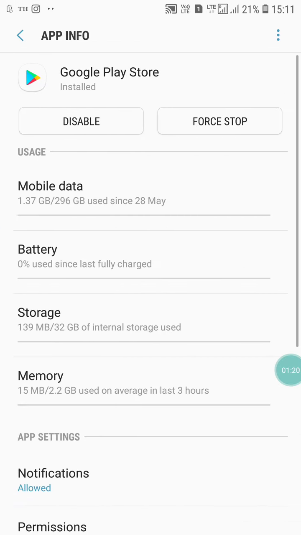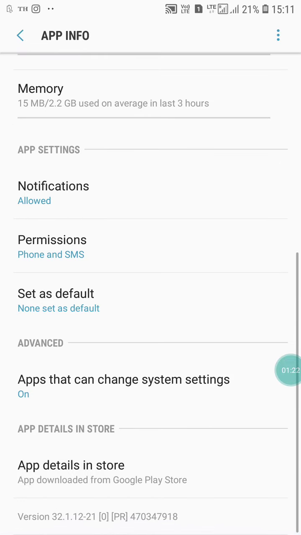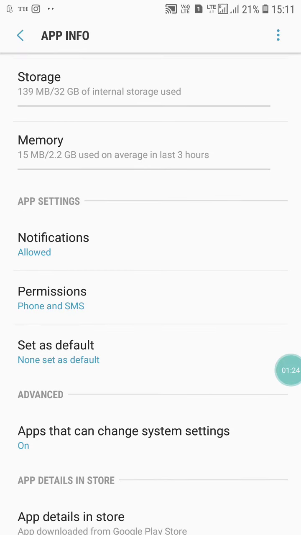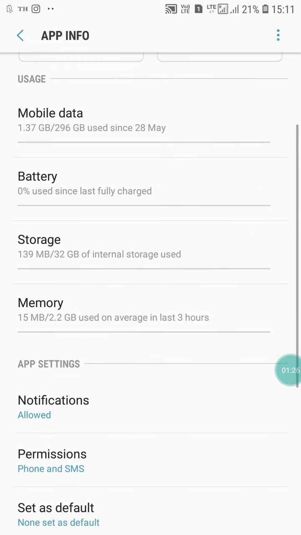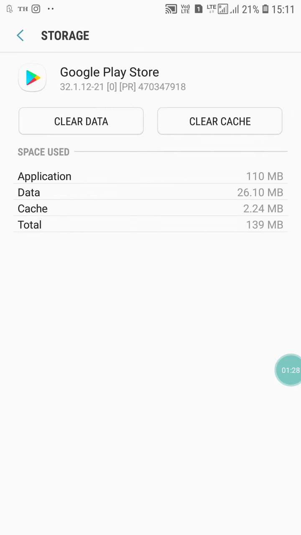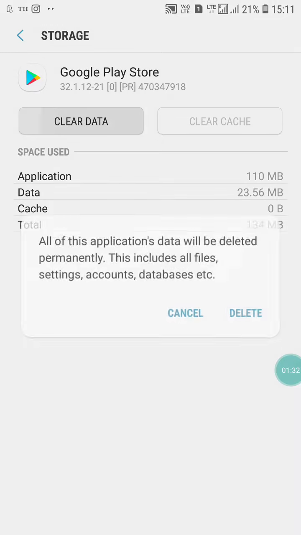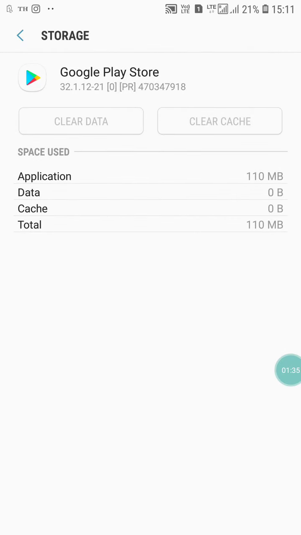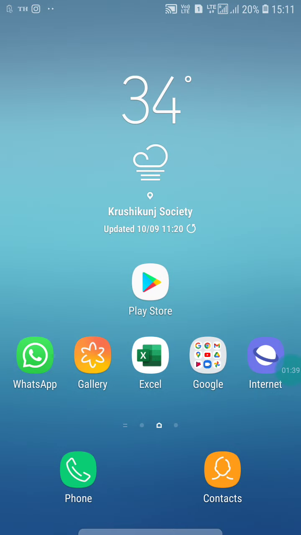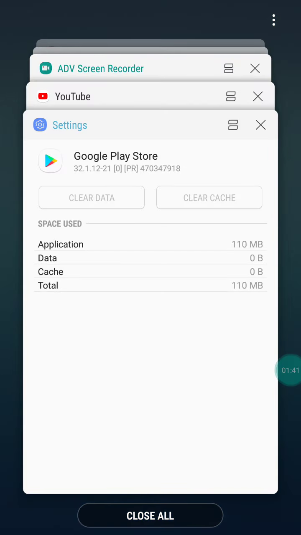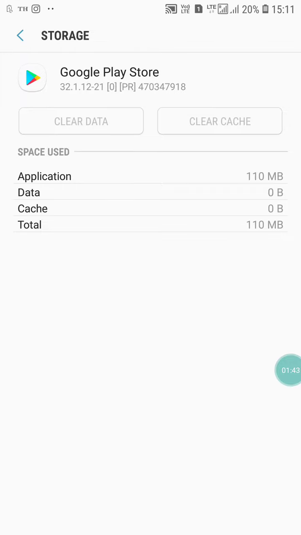Now click on it, and here you will see the permissions option, notification, allow storage. Just click on the storage, and here you have to clear cache. Click on it, and clear data, also click on it. And now go back, and one thing you have to do is go back